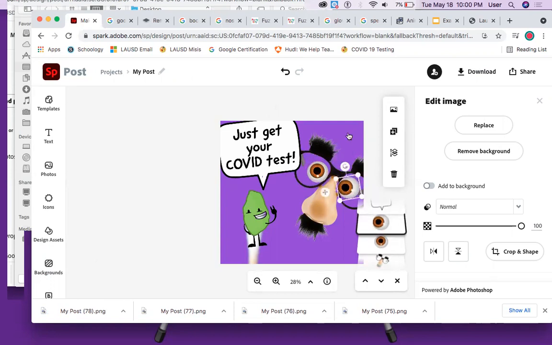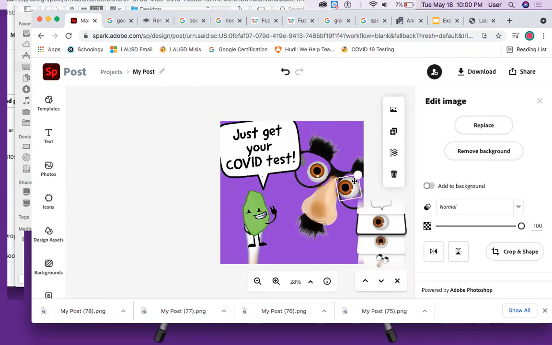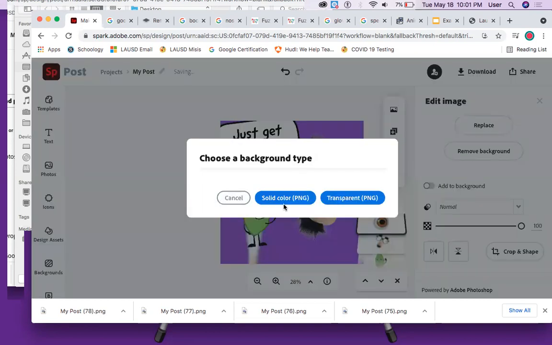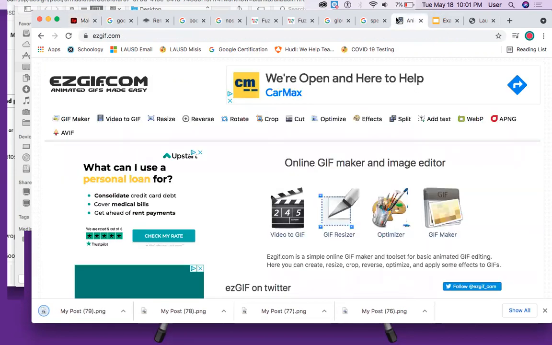I think that's good. I think we're good here. Now, let me show you what to do next. What you're going to do here is take the images that you've captured. I'm going to download that one again. And then I'm going to go to